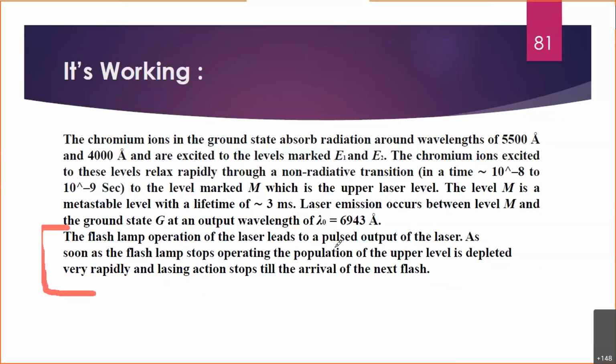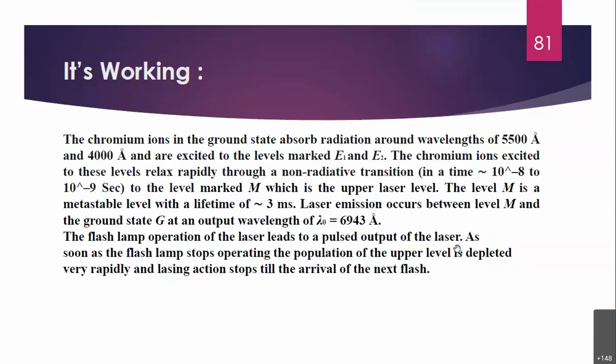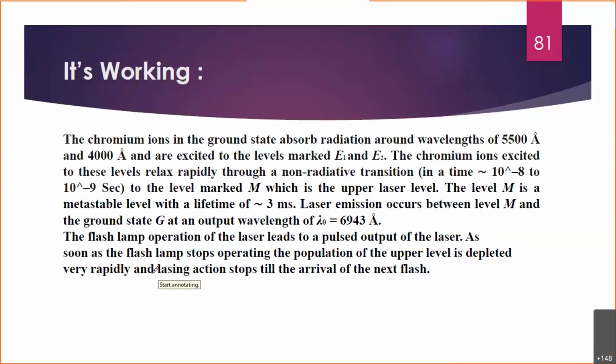Okay, so that's why we are getting the output depending on the source. Because as long as your source is active, only then will you see this laser light. As soon as the source is switched off, you will not see it. That is why you are getting the output in the form of pulses. So people are calling it a pulse laser also. So please be clear, because in the exam it may come with any name. Either it may come directly as Ruby laser, or as the laser system which works on the 3-level principle, or it may come as pulse laser. So there may be a variety of things people may ask related to that. Clear?